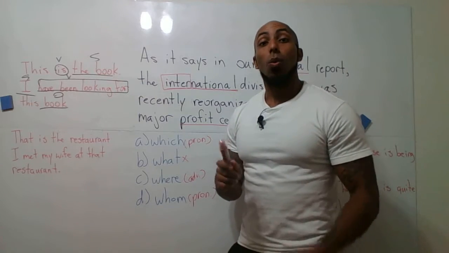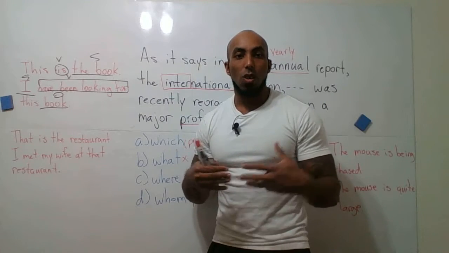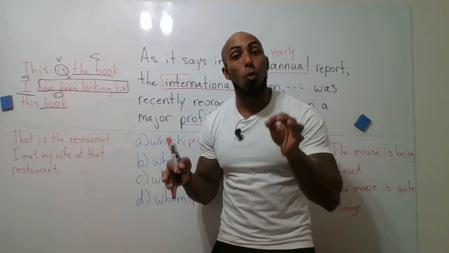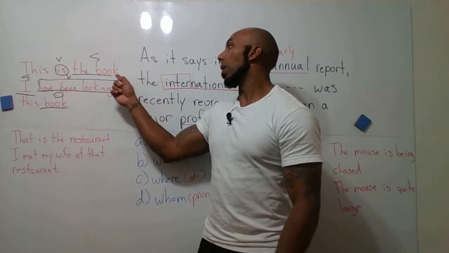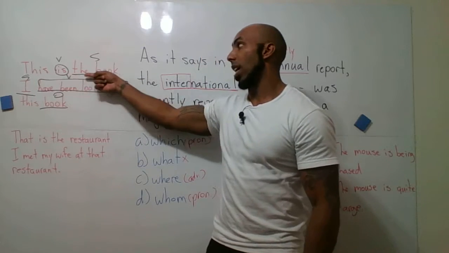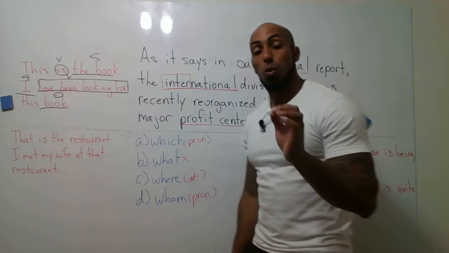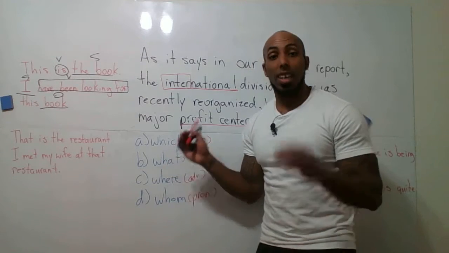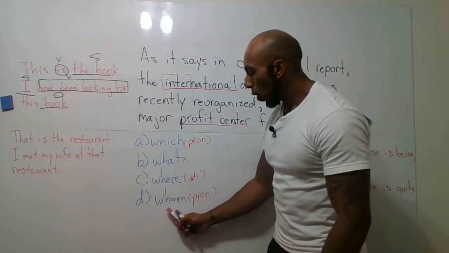Now, what do we do when we put those two together? There are some things you need to do technically when combining them in written form, or when you write it on paper. So first thing we would have to do would be to erase this period and then get rid of the object, which is this book, because we already have it as the subject of the first sentence. Now, that's what which is for. Which is used to combine a sentence, and the pronoun is replacing an inanimate object or a thing. Now, what about where?